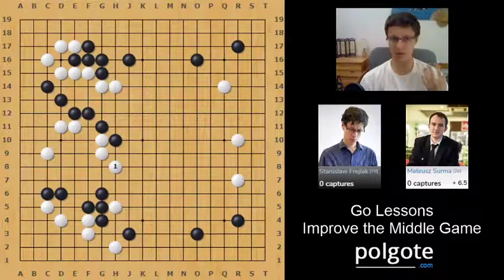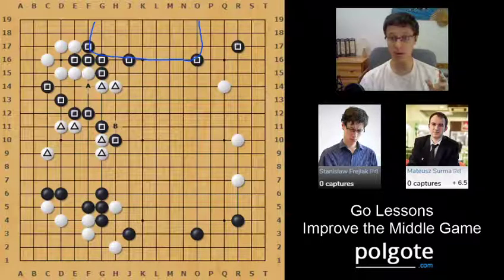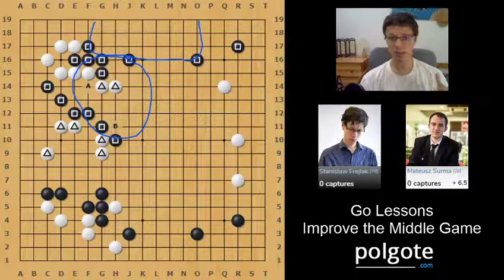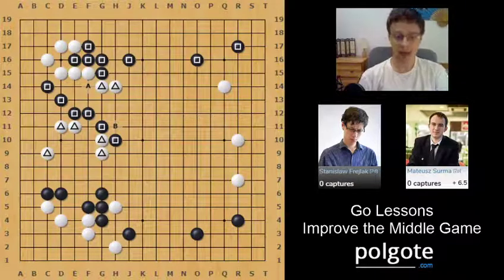We can conclude that the central part of the board, connected with these two white stones and with what happens on the top and with this cutting point in black's shape, is the most urgent, most hot place on the board. And white needs to think of how to deal with this situation. And the idea my opponent, Mateusz, came up with was very interesting. So Mateusz decided to play a move which is